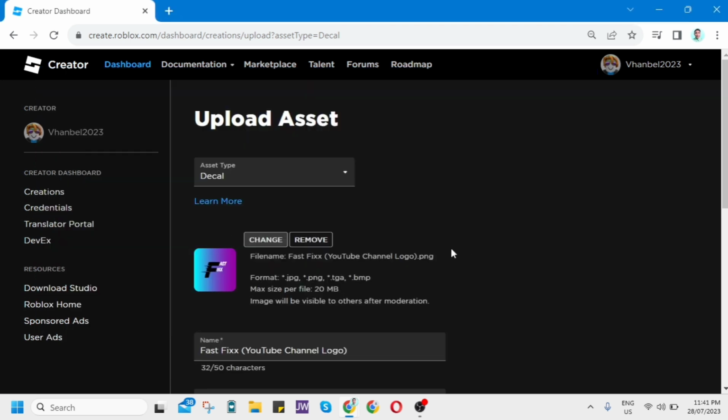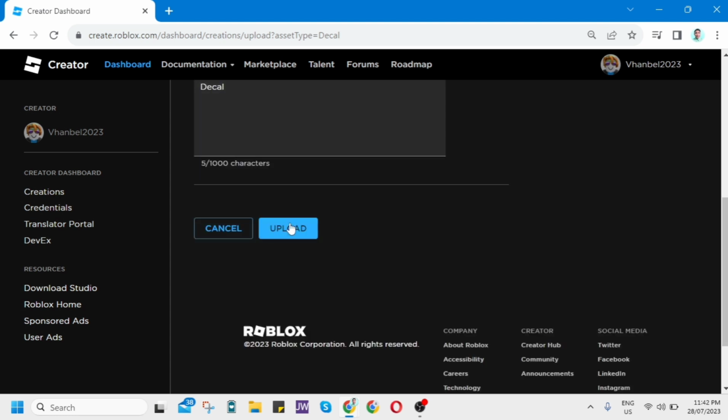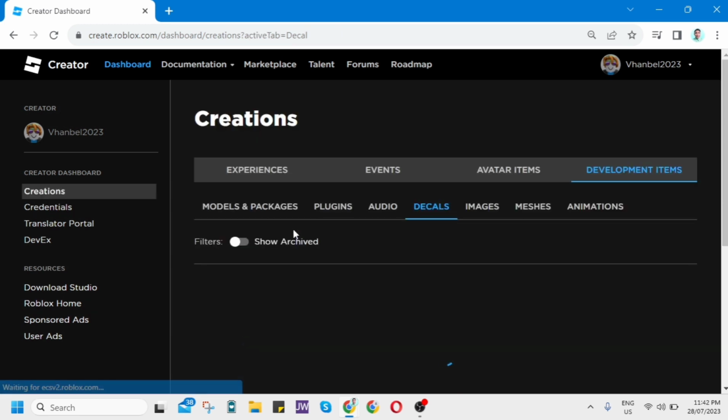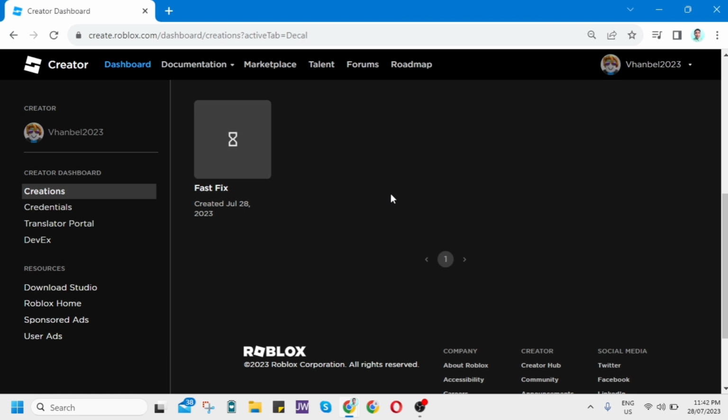Just click this one. And once you've done here, you want to change the name, just only Fast Fix right here. And you can add also description. And once you've done, click this upload button. And once you've done right here, creating some decals, all you need to do is go back to the Roblox